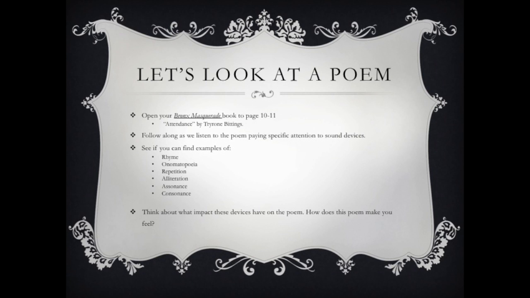All right, now that you've listened to it, go back, listen to it again if you need to, look at it in the book, and make sure you can find examples of all of the different sound devices that we've talked about today. Now remember, sound devices are just one tool that a poet has, and we will keep coming back and looking at other tools, but overall, what I want you to be doing is thinking about how do these tools impact the poem? How does this poem make you feel, and how do these tools contribute to that feeling? So think about that and write one little short paragraph response down there at the bottom of your paper about that, and then we'll talk about all of this as a class.